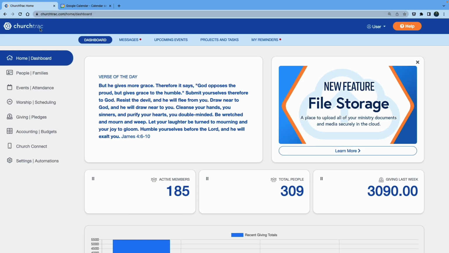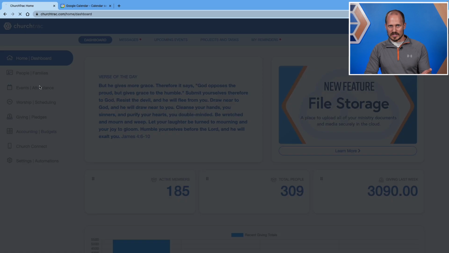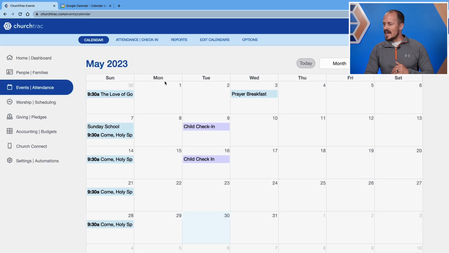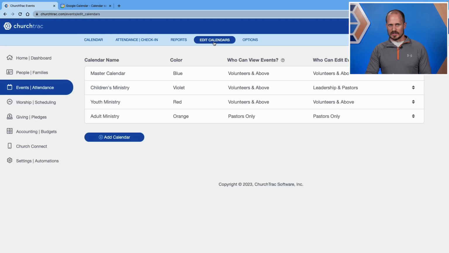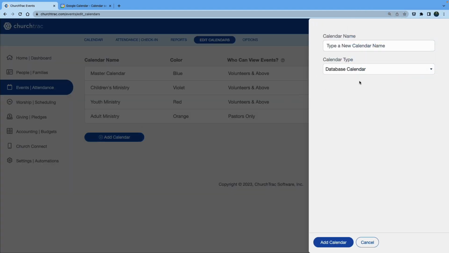Now at this point, we have everything we need from Google. Now let's jump into our ChurchTrac account to finish this process. So in your ChurchTrac account, go to the Event screen and then select the Edit Calendars tab at the very top of the screen. To add a Google Calendar, just click the Add Calendar button and give this calendar a